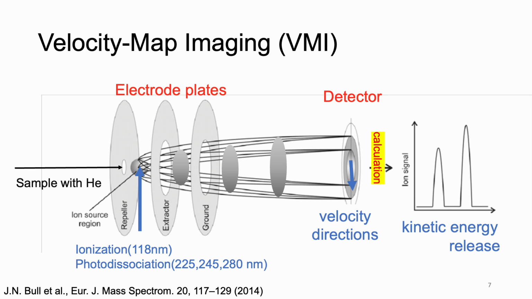Next, the experimental setup and principle are introduced. Here, I briefly introduce the principle of velocity map imaging. Helium at a pressure of about 1 bar was bubbled through liquid N,N-dimethylformamide to generate a mixture of DMF in helium. The gas is sprayed through a 1.5 mm skimmer and then passes through the repeller plate of a three-lens VMI ion optics. The molecular beam intersects here with both the UV photodissociation laser beam and the VUV detection beam